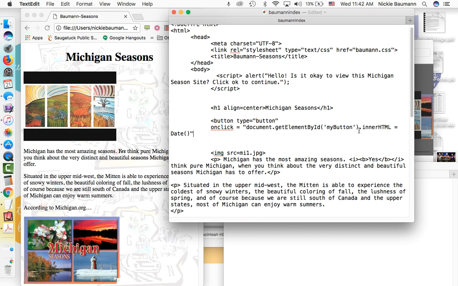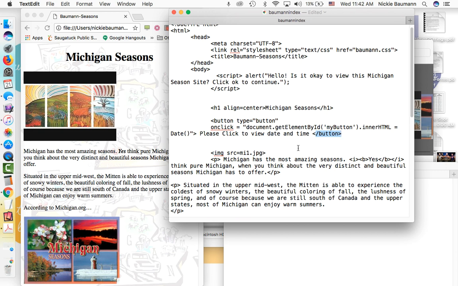Close it out with a closing quotation mark, just like here. Close it out with a caret. And then I can put whatever I want in that's going to show up on the button. So I'm going to say, please click to view date and time. And then I'm going to close that out with a backslash button. So you notice that button is my tag, if you will. I'm creating a type of button that's called a button, and then I close it out with this backslash button,